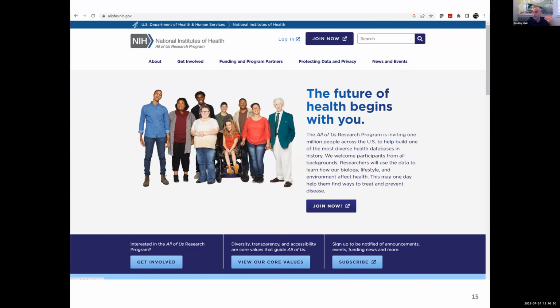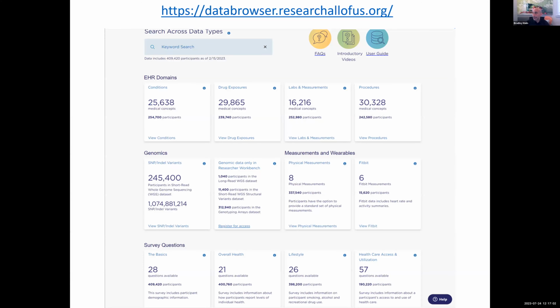For those of you that don't know what All of Us is, it's about a $2 billion enterprise that was started by our government to create one large cohort of people in the United States, about 1 million people, who would contribute their medical records, their biospecimens, surveys, and mobile Fitbit-type information into a resource that could be reused for research purposes. We started building this about 6 years ago, and it's now up and running.